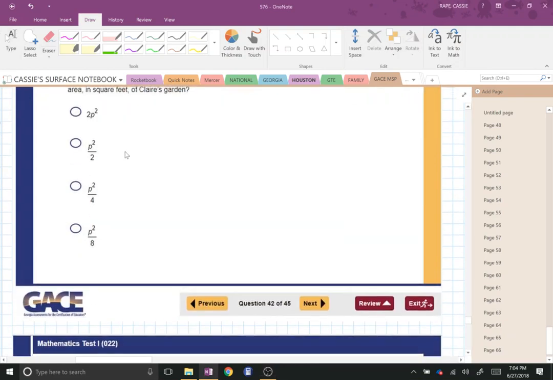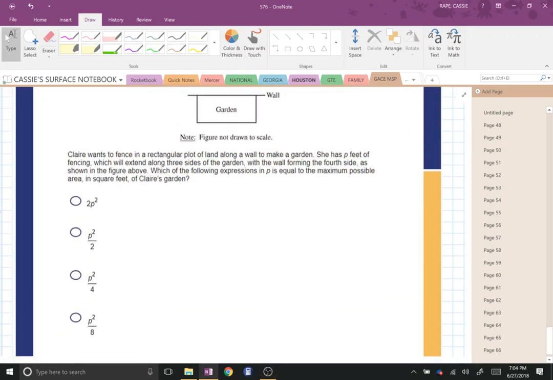This is a calculus question, number 42, on your 2022 ETS Practice Math Test. Claire has this garden and she has P feet of fencing. So that amount is fixed. It is constant. It will not change. She wants to extend it along 3 sides of the garden with the wall forming the 4th side, as shown